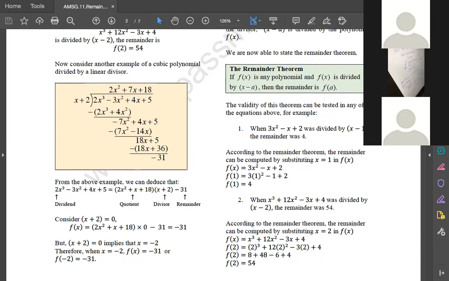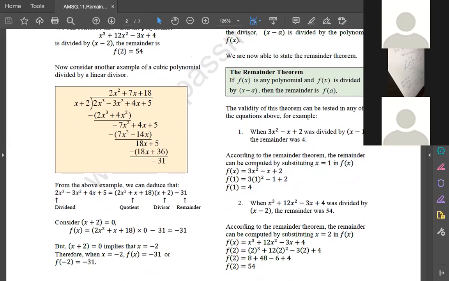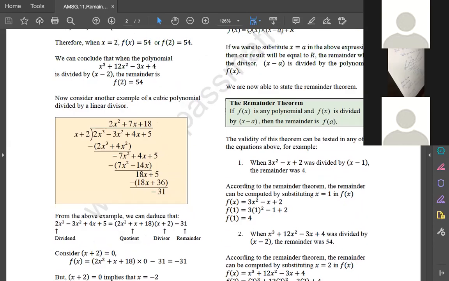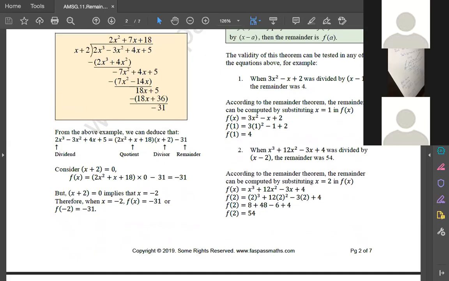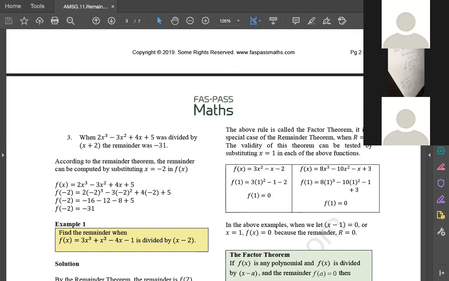Now, try this example for me to see. Example 2: when x cubed plus 12x squared minus 3x plus 4 is divided by x minus 2, use the procedure to find the remainder. They've already given you the remainder here, but then